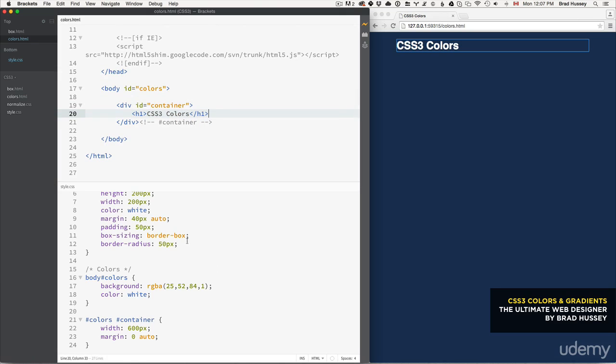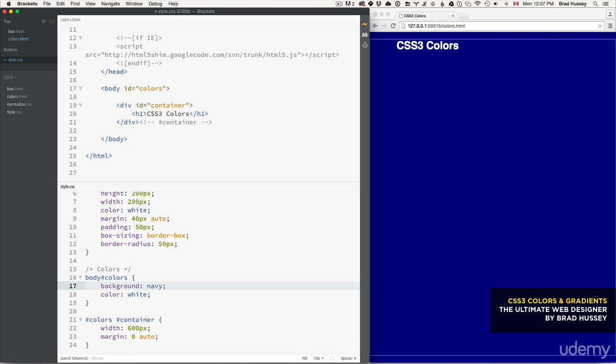Okay, so in your CSS, your style.css, add a new section here called colors. Select your body with the ID of colors. And I want to show you here, this is where we're going to jump right into colors. Basically, what you can do in CSS3, instead of just selecting a plain old color like, let's just say navy